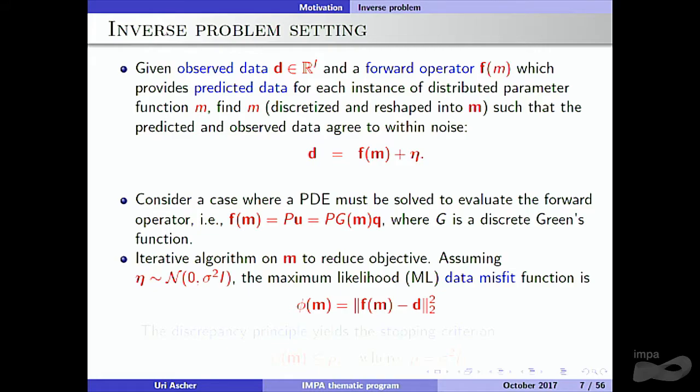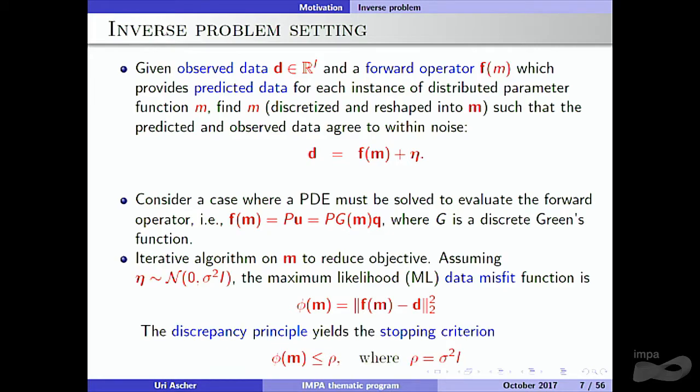We assume typically that this is the case. And so if it's normally distributed with zero mean and standard deviation sigma, and the correlation matrix here is identity as well, then not only is this a reasonable thing to do because it's maximum likelihood,